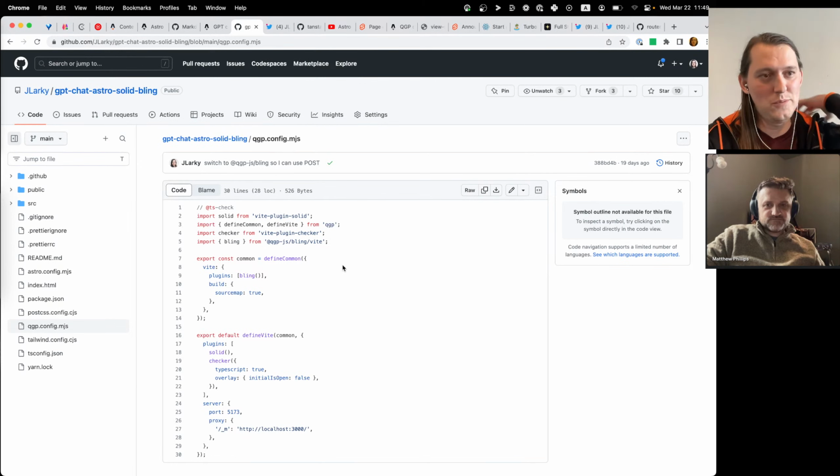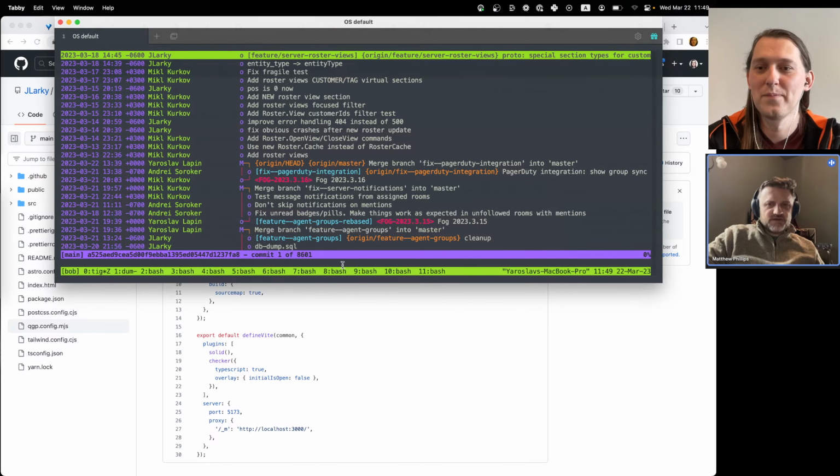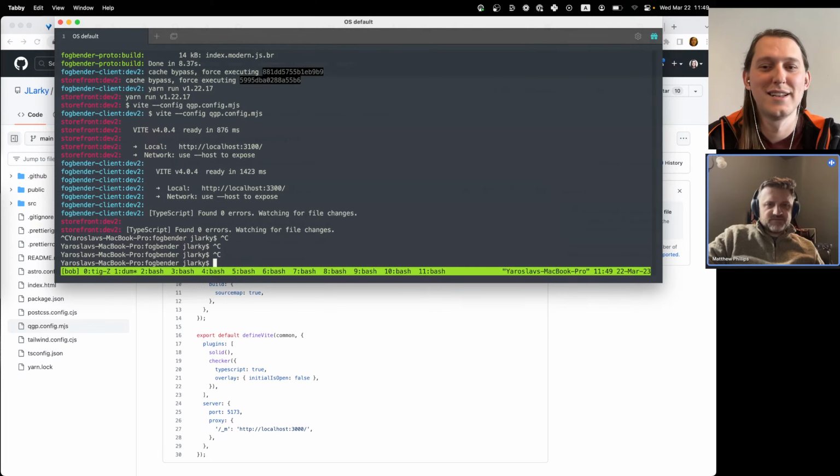Yes, and the idea behind QGP is that it's a way to configure Astro and Vite at the same time, and this is what we use at work. What do you mean by configure Astro and Vite at the same time? Right. So